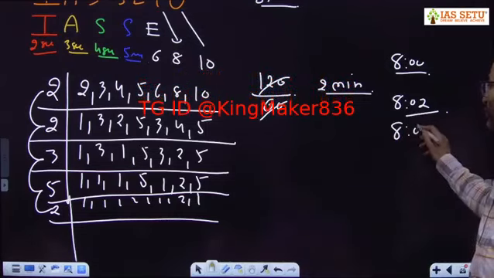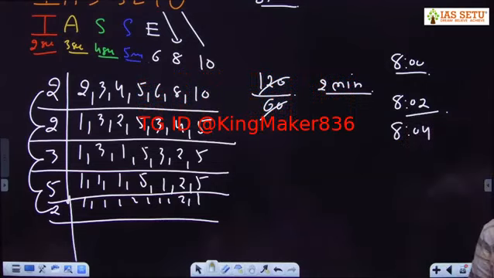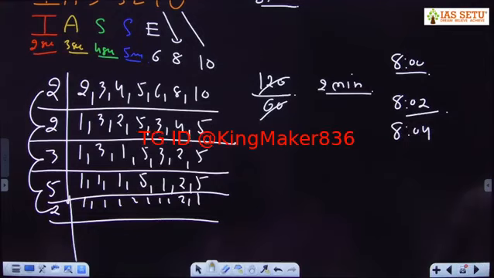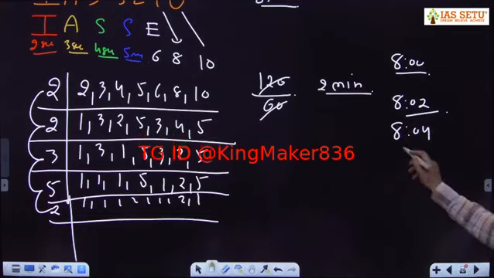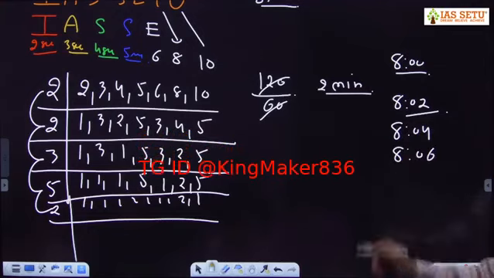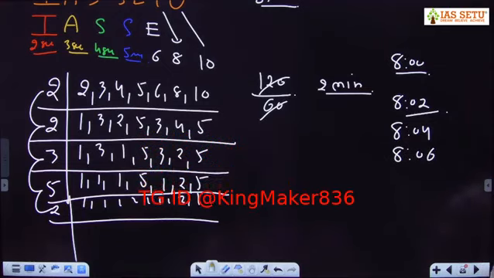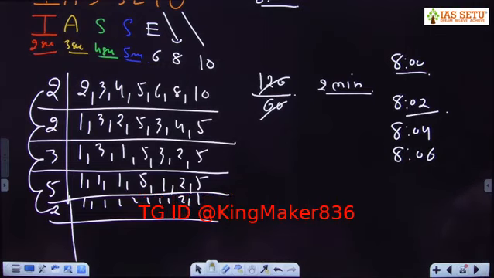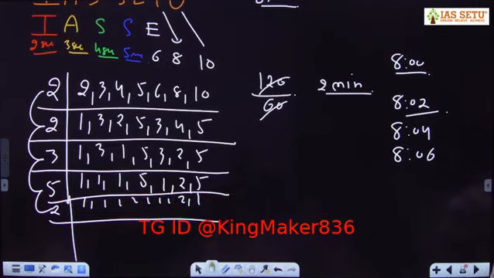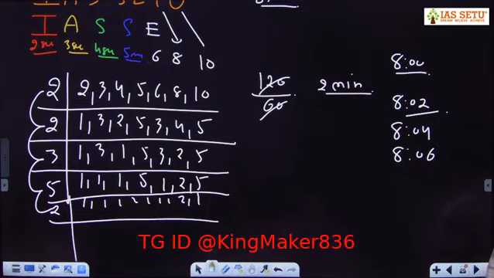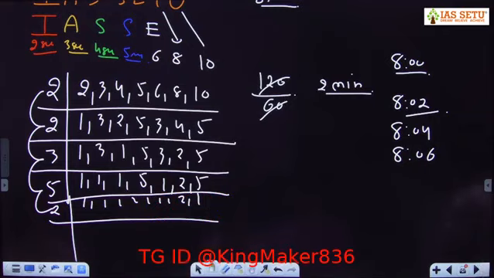So at 8 o'clock 4 minutes also you can find all these 7 lights blink together. Next time, 8 o'clock 6 minutes. So every 2 minutes you will find all these 7 lights blink together. So this type of question, and I'll tell you the variety of questions where this concept is applicable, like this